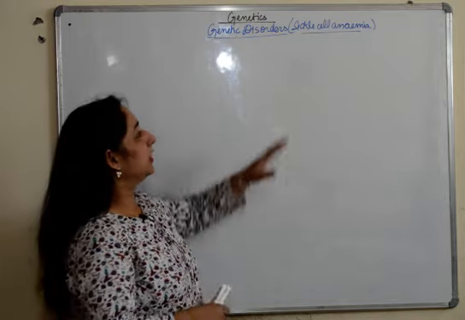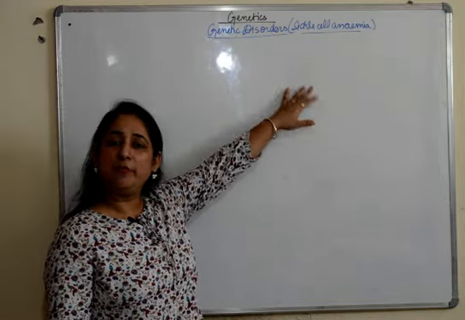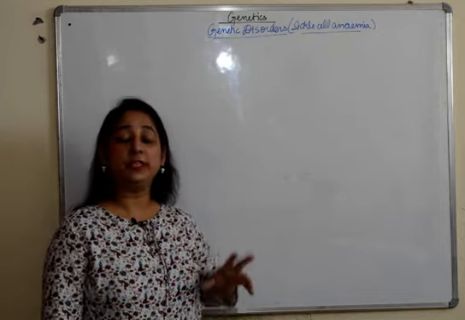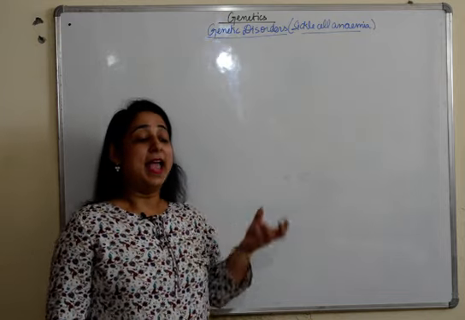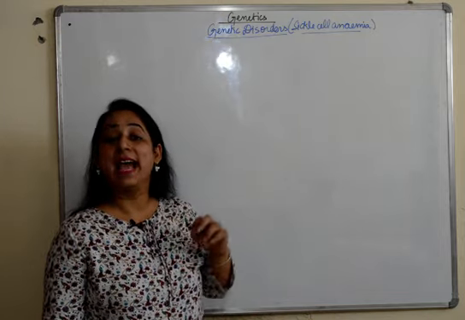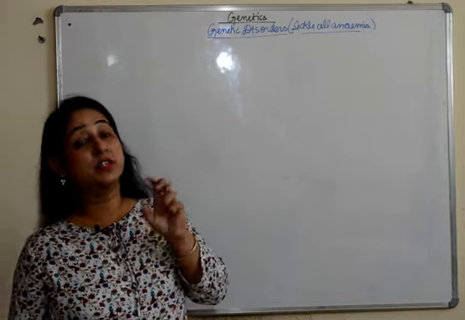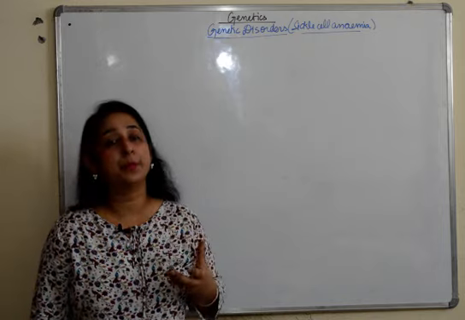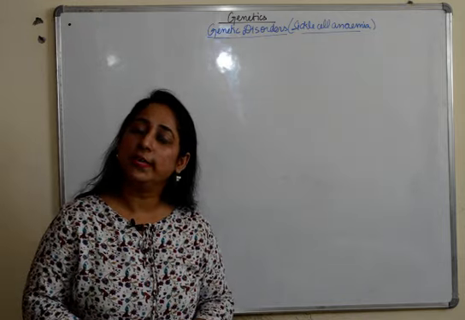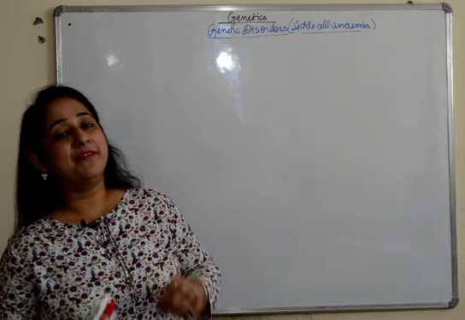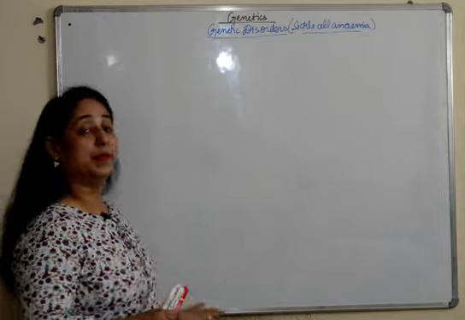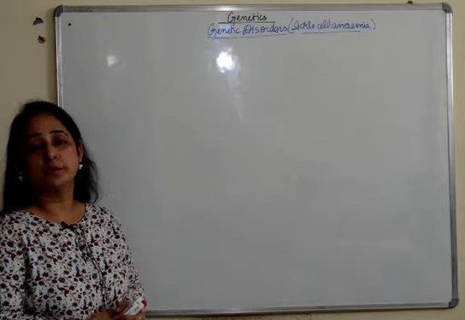So we'll specifically be dealing with sickle cell anemia. We'll talk about how it is caused, its symptoms, and how the inheritance takes place. We'll talk about the pedigree crosses which you get in your paper and how to interpret them. So watch the video till the end, because in the end you will get everything which is required for your notes on this board which you can use for your notes.